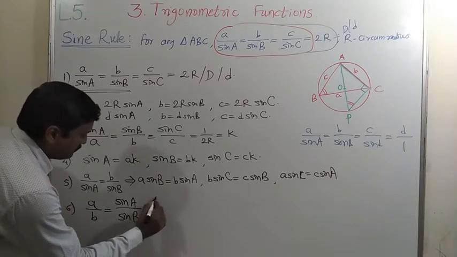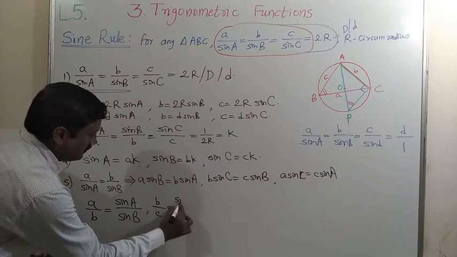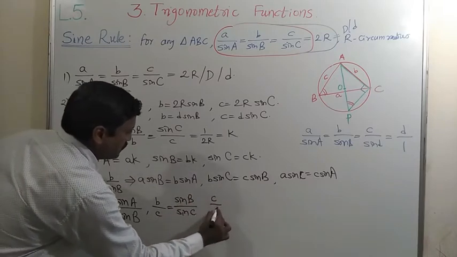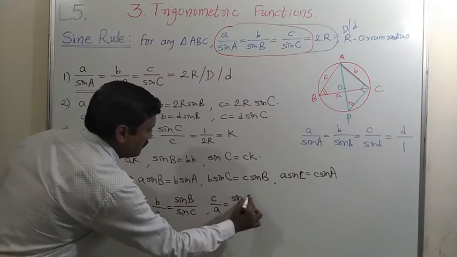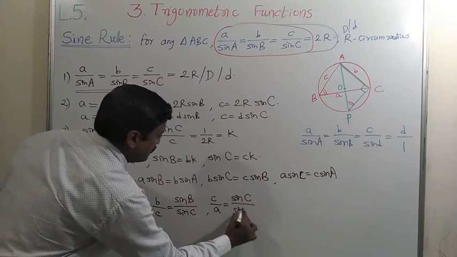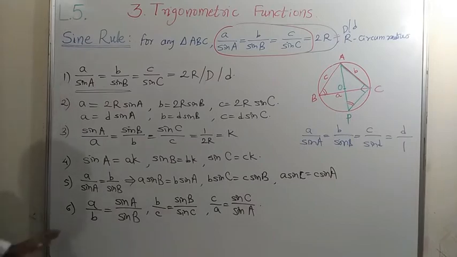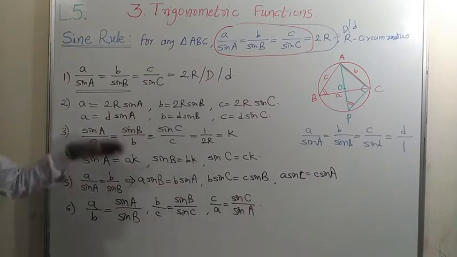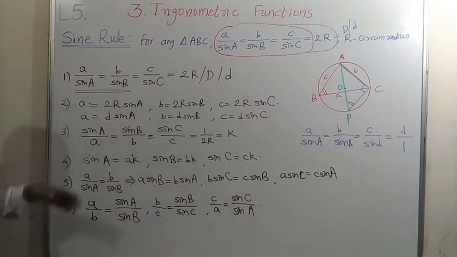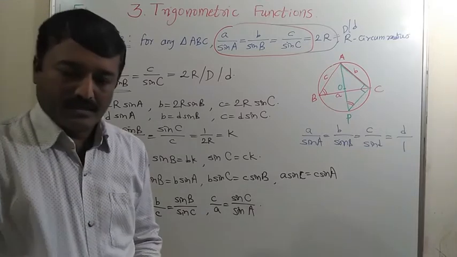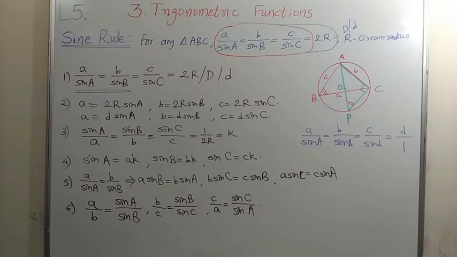Similarly, we can write b upon c is equal to sin B upon sin C. Also, if you want the ratio of c and a, then it is equal to sin C upon sin A. Or in the reverse way also we can use this. So remember these six; actually the result is only one. We have written it in different forms because sometimes examples are given in different forms. That's why we need these different results. Okay, let us see some examples based on this sine rule.